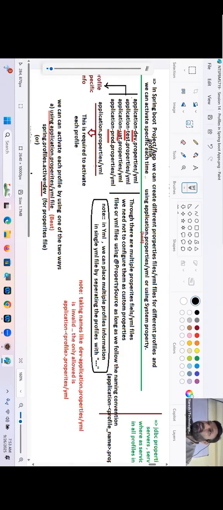If a Spring Bean is annotated with @Profile, mentioning one or two profile names, it will be activated only when that particular profile is in active mode. Interesting or not? So total how many points? Three points. In fact, four points. Number one, to make a user-defined Spring Bean class work for a certain profile, place @Profile on the top of the Spring Bean class.